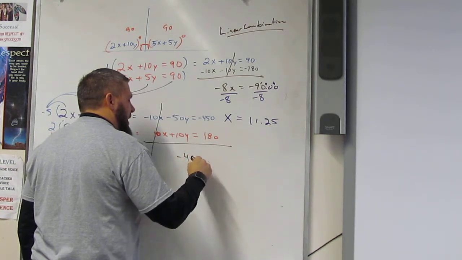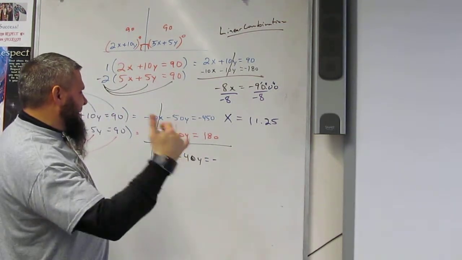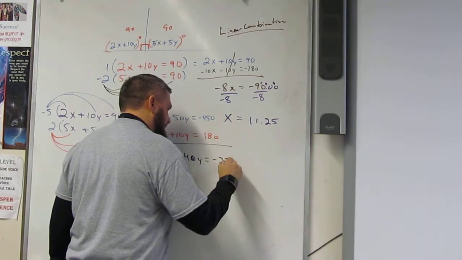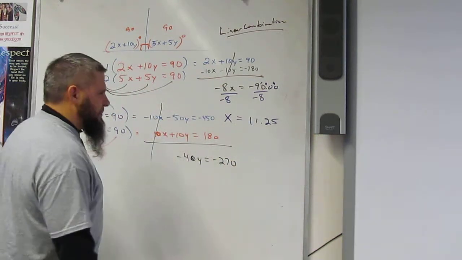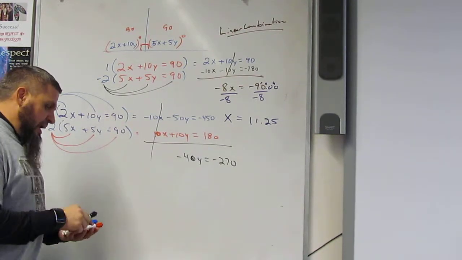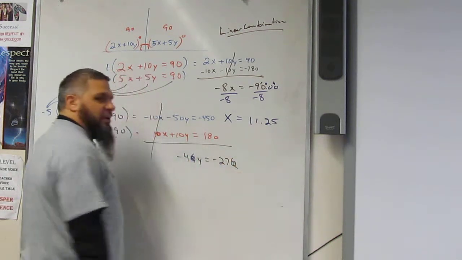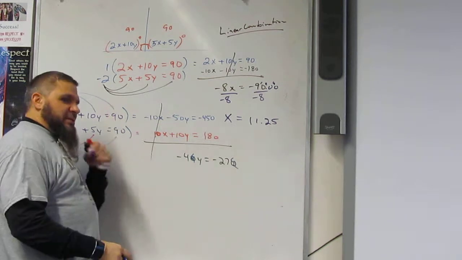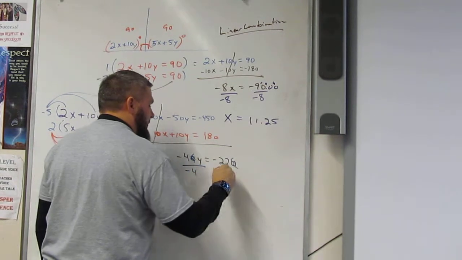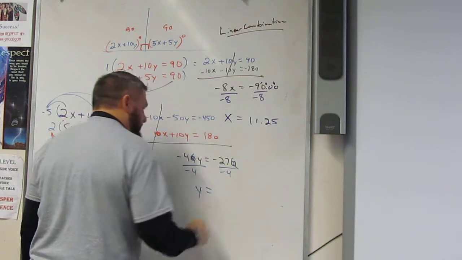So negative 40y is equal to, and then that's a negative, so that's negative 270. Right? Did I do that right? 270. Okay, then I divide by 40, which in essence means I divide by 4. Again, back to 6th grade, just get rid of the zeros. It's easier, right? So then I got negative 4 divided by negative 4, right? And I get y is equal to